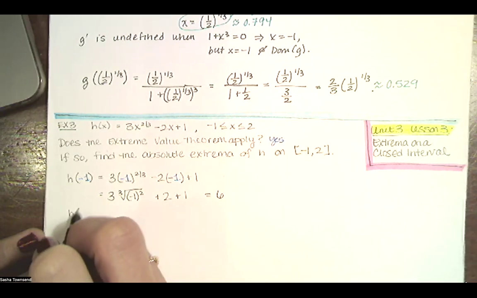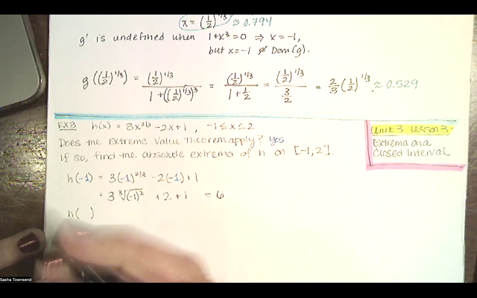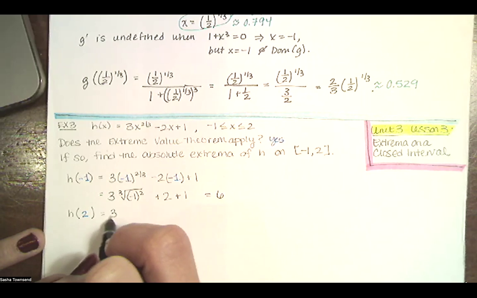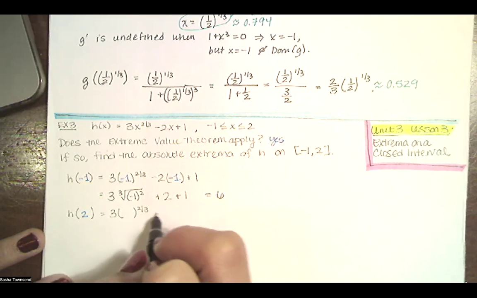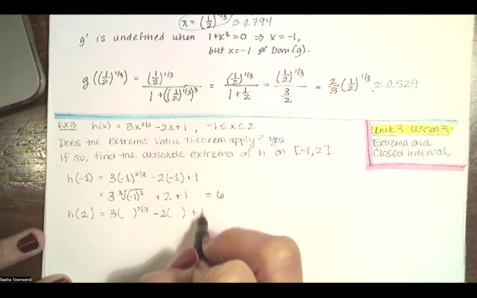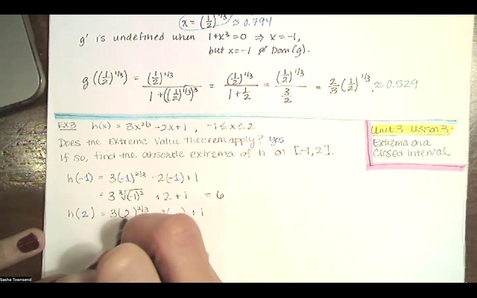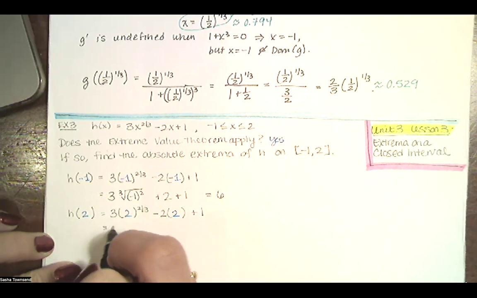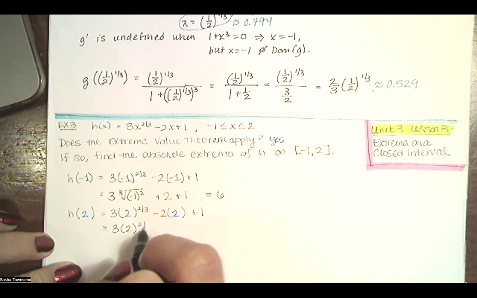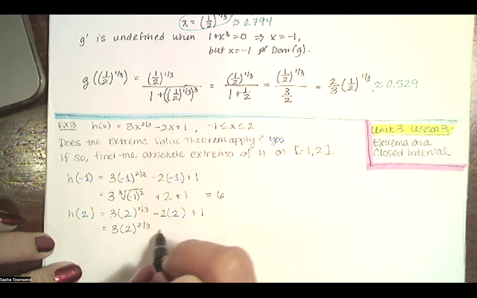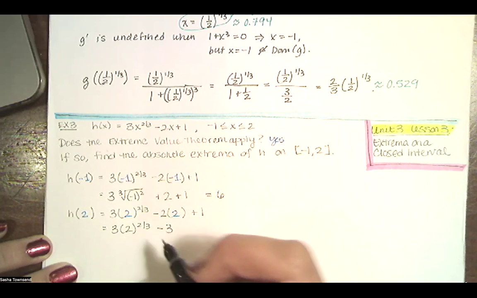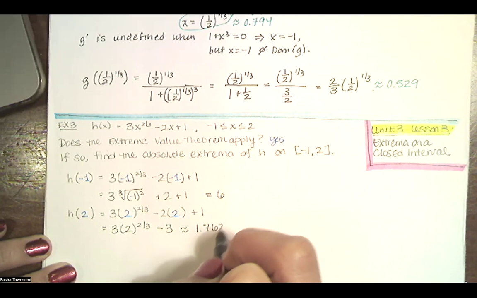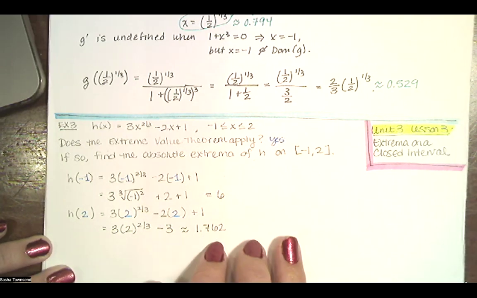And then at x equals 2, the y value on the graph is 3 times 2 to the 2/3 minus 2 times 2 plus 1. And 2 to the 2/3 can't really be simplified, so I'll just leave it alone. This is -4 plus 1, which is -3. And that is approximately equal to 1.762. I actually calculated that using a calculator. I think I used Desmos actually